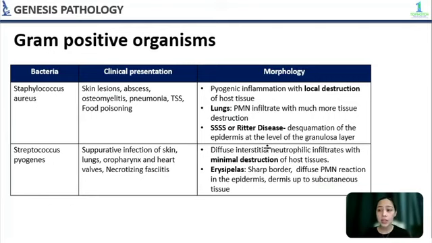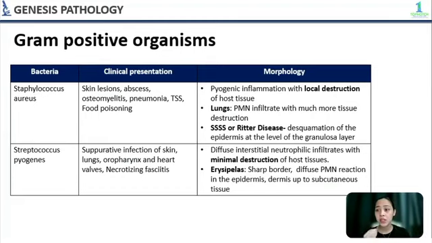Also, staphylococcal scalded skin syndrome or Ritter's disease initially looks like a sunburn rash. It spreads all over the body, becomes bullae, and then leads to skin loss. Important to remember here is that the site of desquamation in Ritter's disease is at the granulosa layer. This is in comparison to the site of desquamation in toxic epidermal necrolysis, or TEN syndrome, where the desquamation occurs at the epidermal-dermal junction. So remember that.